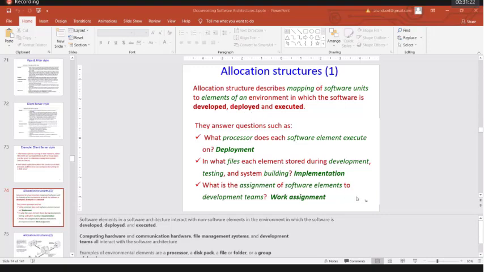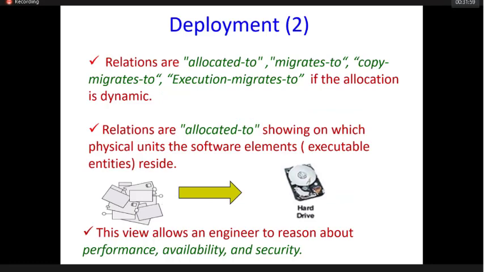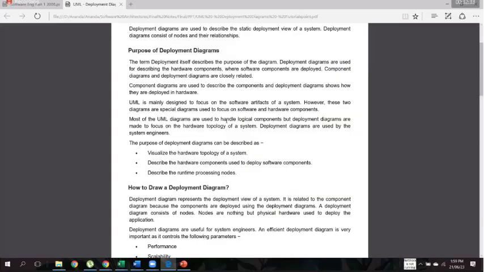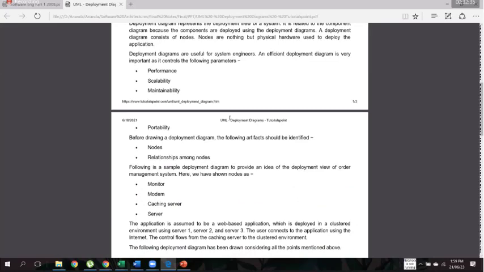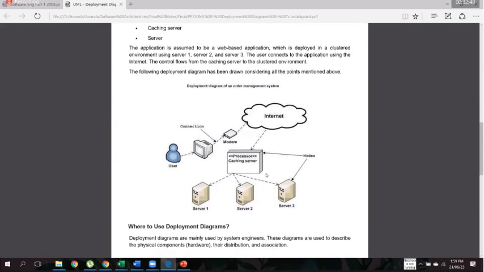The deployment level we discussed is basically concerned with the fact that once software is developed, it has to be assigned physical resources to be executed. The deployment view is concerned with this respect. I think I introduced you to the deployment diagram, the UML deployment diagram, which can be used as a pictorial representation to show where these modules are running at execution time.